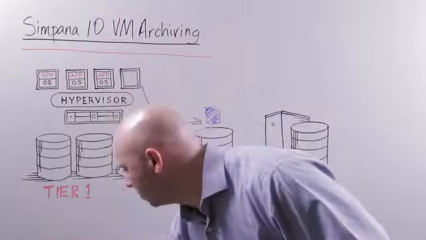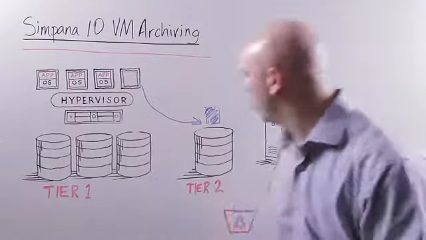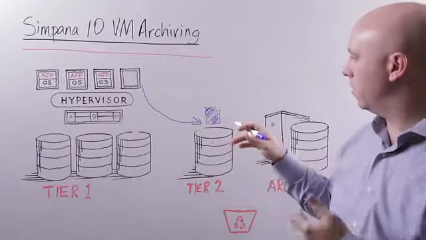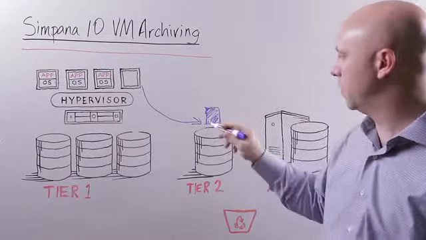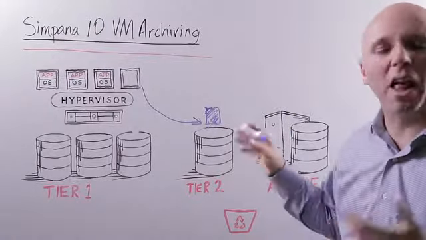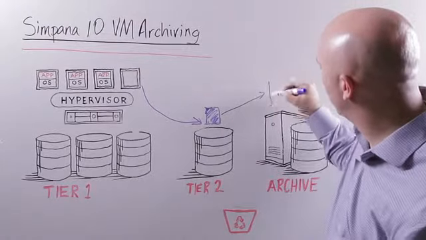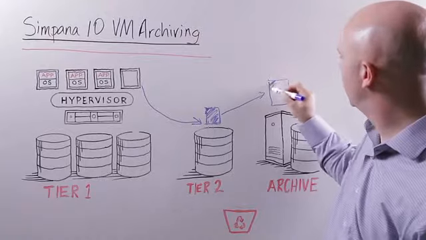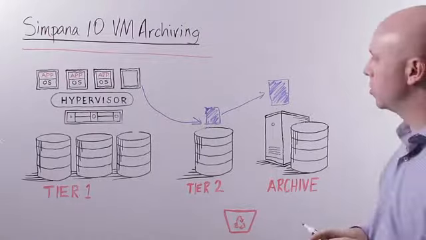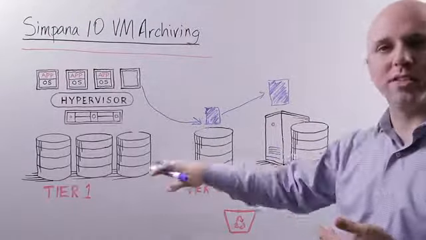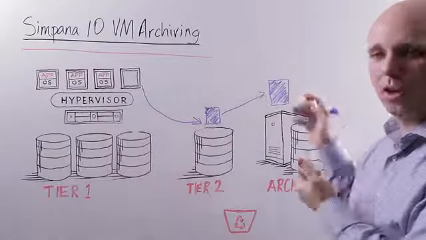However, most of the time, once a virtual machine hasn't been used long enough to be moved out to that tier, it's not going to be used again. So if that's the case, and you've got this virtual machine sitting here at Tier 2 for, let's say, 90 days, I can then use Commvault VM archiving to move that powered down virtual machine over here to an archival layer or a cold storage layer. So in that process, I'm moving it off of spinning disk out to this tier of storage and out of my